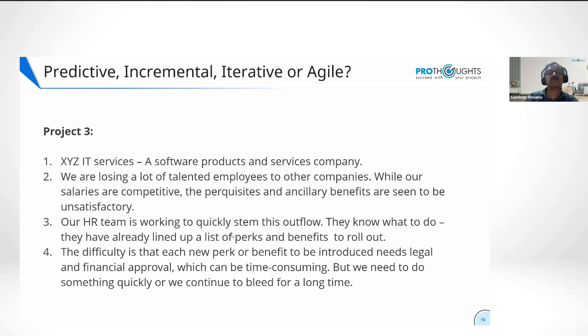approvals in place. So, to me, because I know what to do, there is no surprise, there is no experimentation or iteration, but I need to roll out quickly. Whatever I get approval for, the easy things, at least let's do it quickly. Let's show some intent to our people so they feel my organization is doing something for me. So, what I would think on this one, this is probably more incremental. It's not so much iterative, but it's incremental because timing is important.